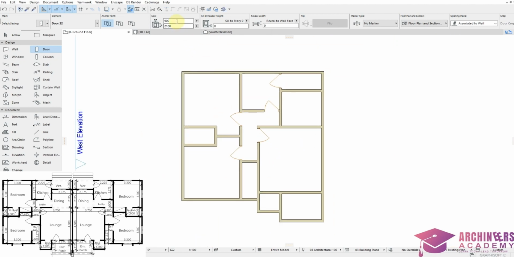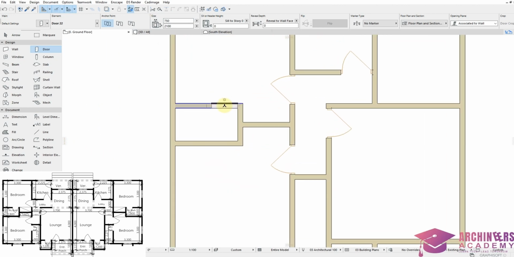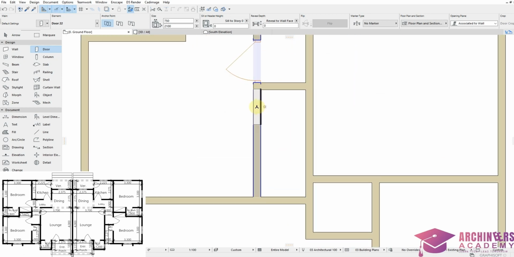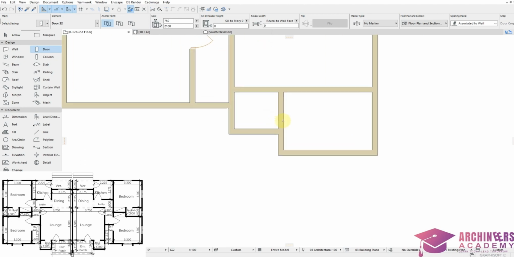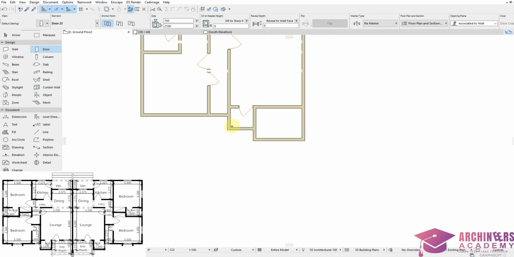Then we just move to doors of 750 by 21, which are doors placed in the toilet. So we just change the size here to 750. Then we start placing them at the toilet and WC, or the toilet of the house. This one here. We have another here. We also have one here. Also, we have